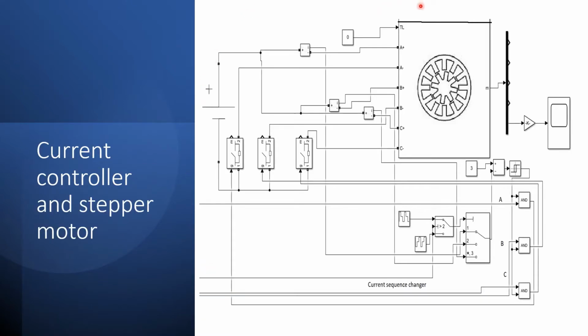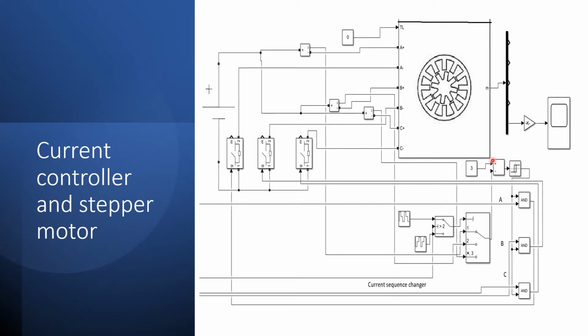This is the next part of the simulation diagram. Here we can see a stepper motor and a battery source which supplies power to the stepper motor, and we are using 3 switches. It is a 3-phase variable reluctance stepper motor. Phases A, B and C are excited with the help of switches 1, 2, 3, and we measure the current drawn by the motor. We are measuring the current in each phase separately, and it is given to a selector. This selector selects the current A, B, C, that is phase A, phase B and phase C current.